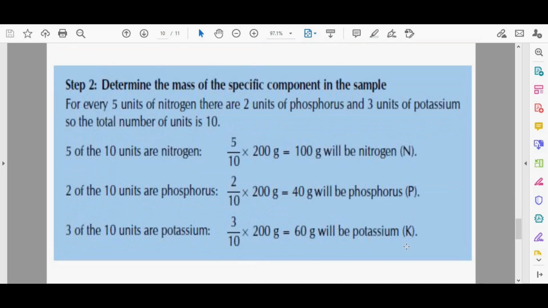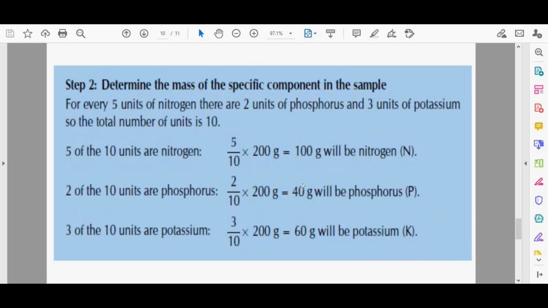Now we need to determine the mass of the specific components. In other words, now we can determine the mass of nitrogen, phosphorus, and potassium that's in the mass sample that actually contains them. So for every 5 units of nitrogen, there are 2 units of phosphorus and 3 units of potassium. That means the total number is obviously 10, right? Because that's the ratio. So 5 out of the 10 units are nitrogen. So that's simple. 5 divided by 10 times 200, 100 grams would be nitrogen. 2 out of the 10 times 200 would give me 40 grams of phosphorus, and 3 divided by 10 times 200 would give me 60 grams of